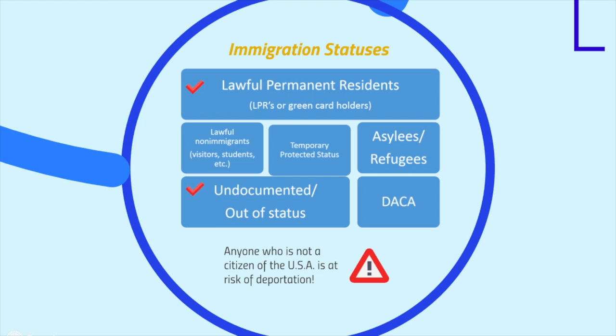About 3/4 of a million people have been granted DACA, or Deferred Action for Childhood Arrivals. These are individuals who came to the United States as children and have been given a 2-year reprieve from deportation and a work permit. Then there are those who have been granted protection by the U.S. government, either by receiving asylum, being resettled here as refugees, or who have been granted temporary protected status, a form of humanitarian relief granted to nationals of certain countries that are dealing with violent conflict or the aftermath of a natural disaster.